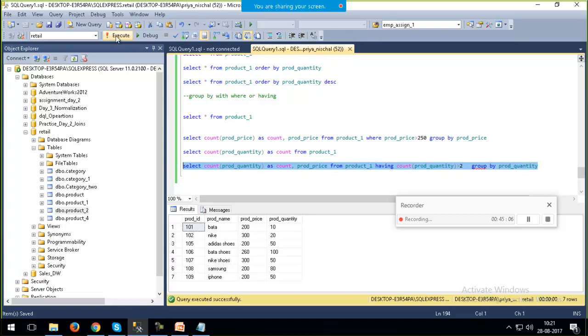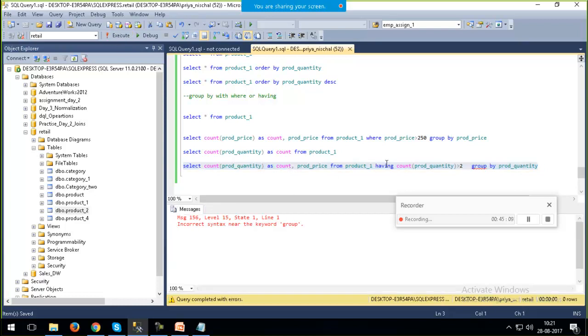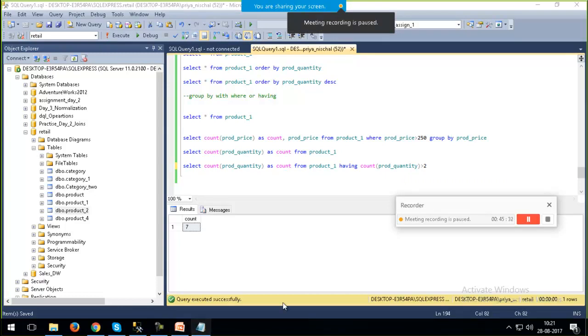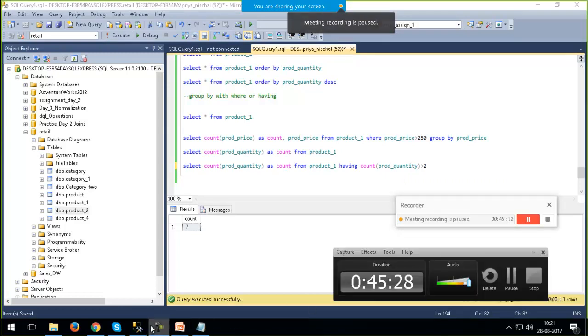Actually, I'm not sure about this. Having count or count star. Okay, wait a minute. I think I need to make some changes. Group by is not working with that. I'll check for that. Okay, I'll check for the rest of the thing. Anything you want